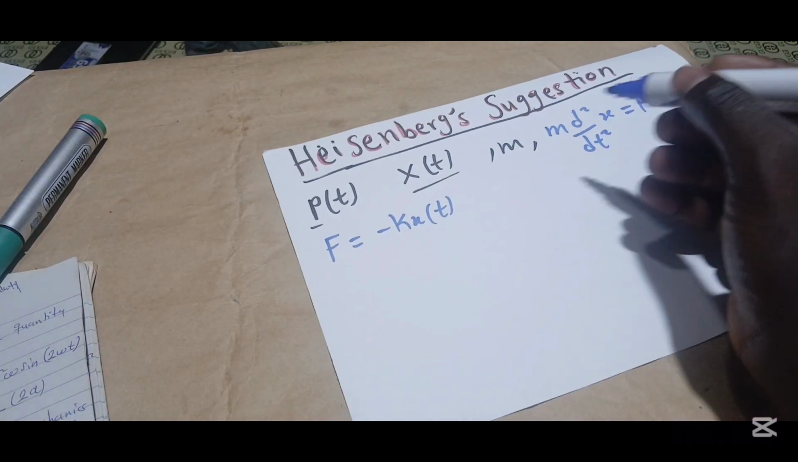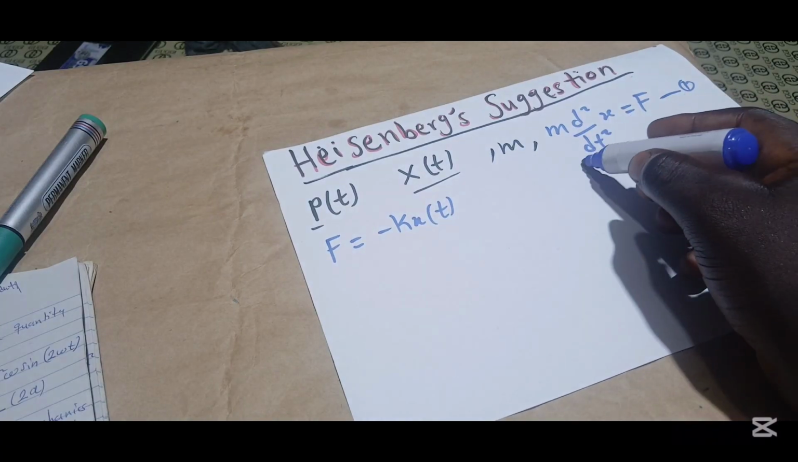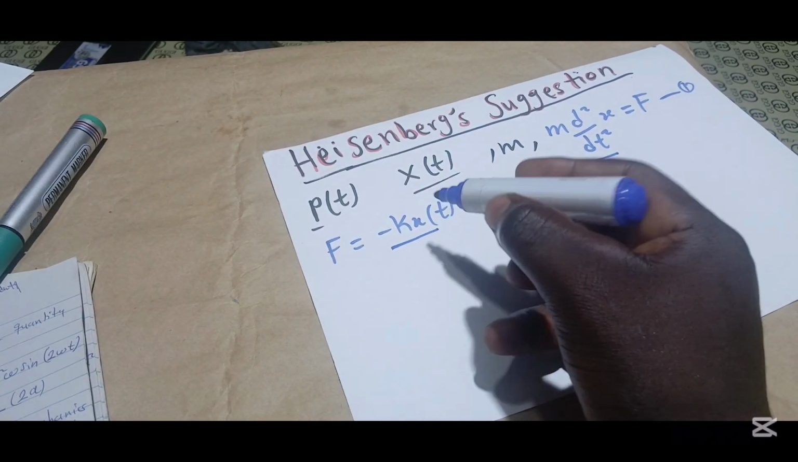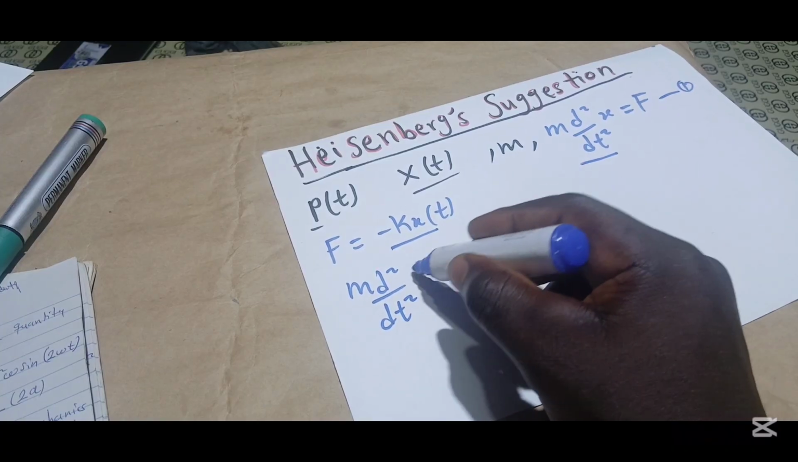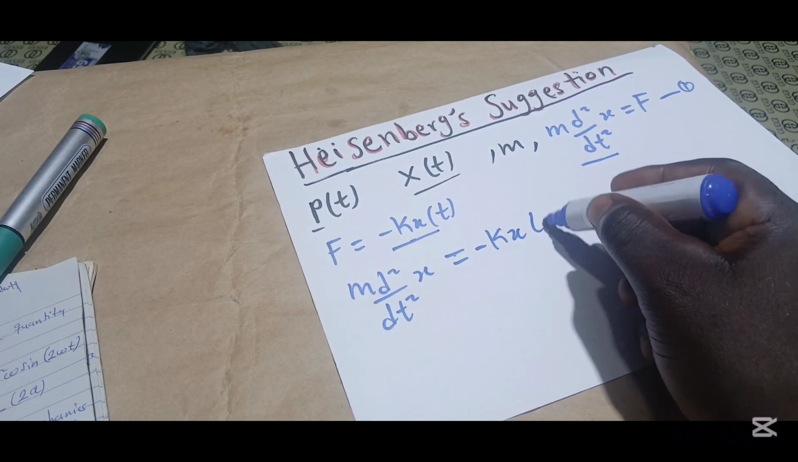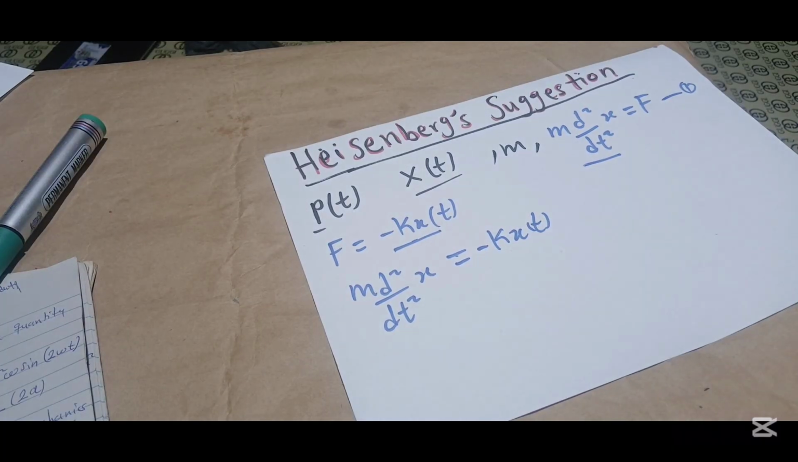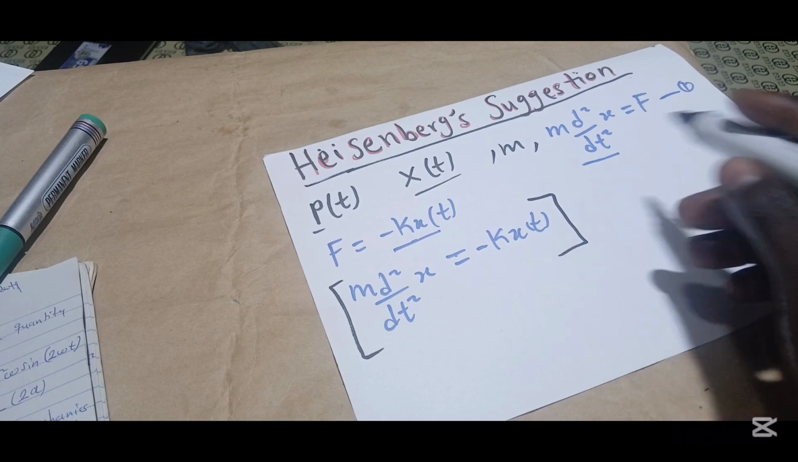So as we know that this is a force and this is also a force, which means we can equate this term right here to this term. So m d squared x over dt squared can be equated to minus kx. Now in simple harmonic motion, solving this,